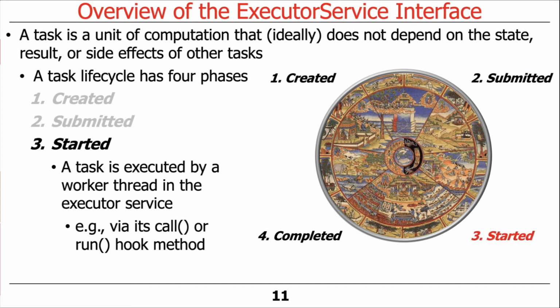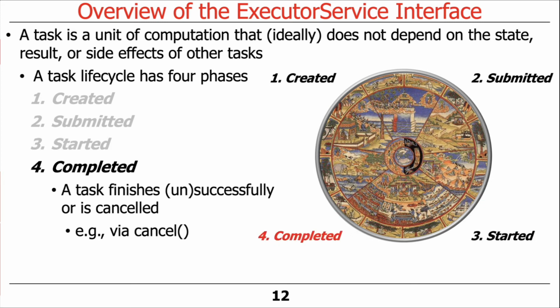Once a thread in the pool has gotten its hands on a task to execute, it will go ahead and execute it by invoking either its call hook method or its run hook method. That's how things start running. And then once a task is done, it is considered completed. There are a couple of different ways you can complete. You can complete successfully, so you do your thing and get the result back if there's a result. You can also finish unsuccessfully, which typically means an exception has been thrown, or some other thread can cancel the